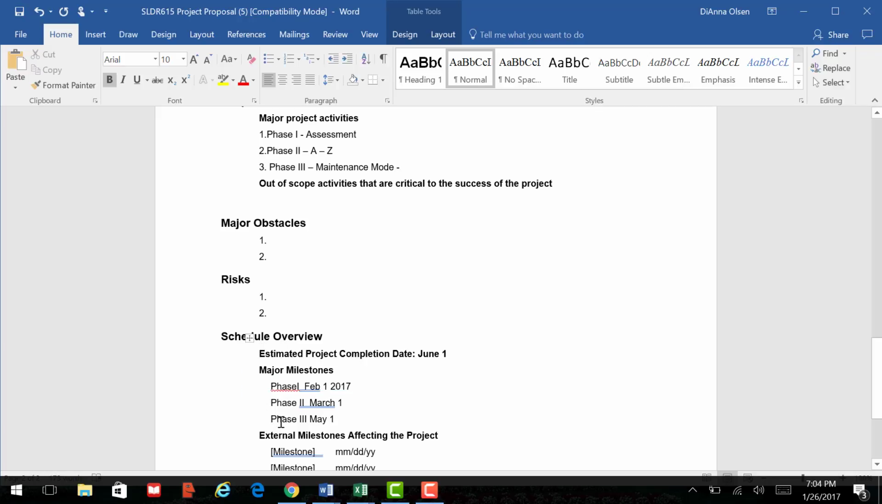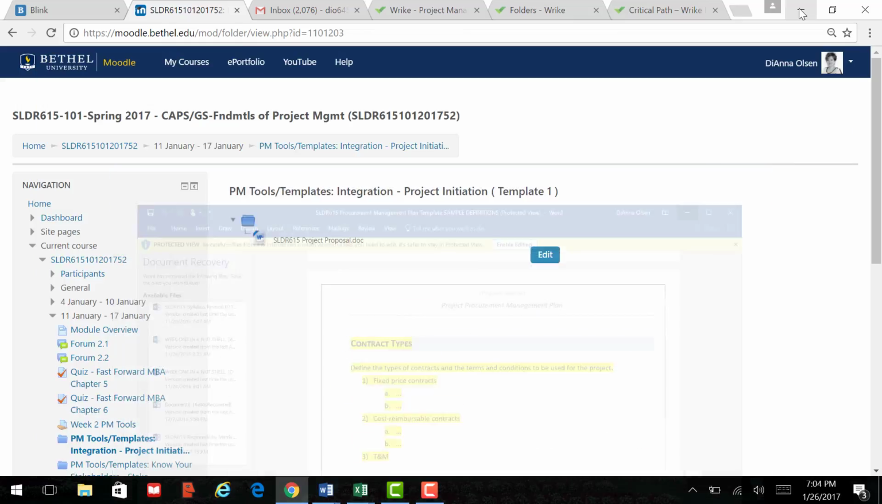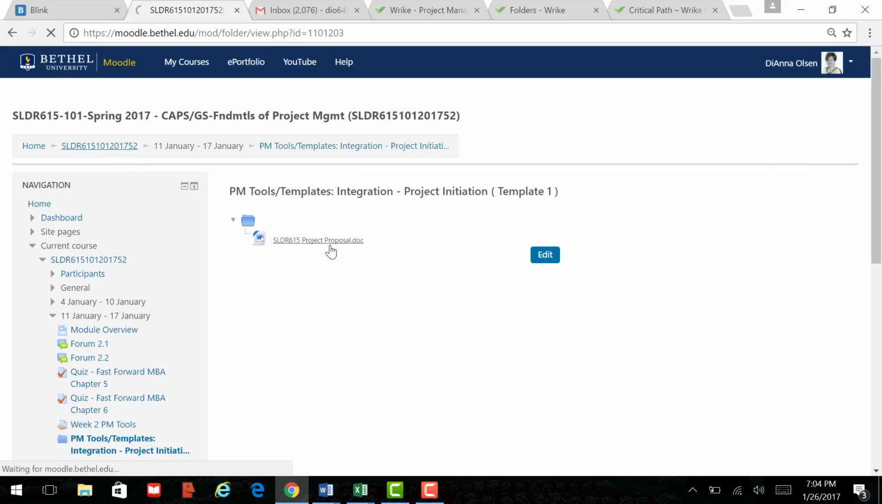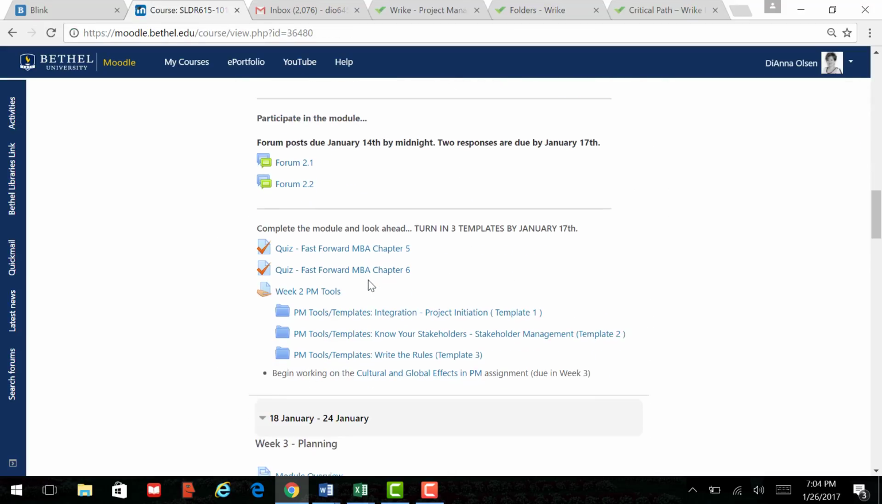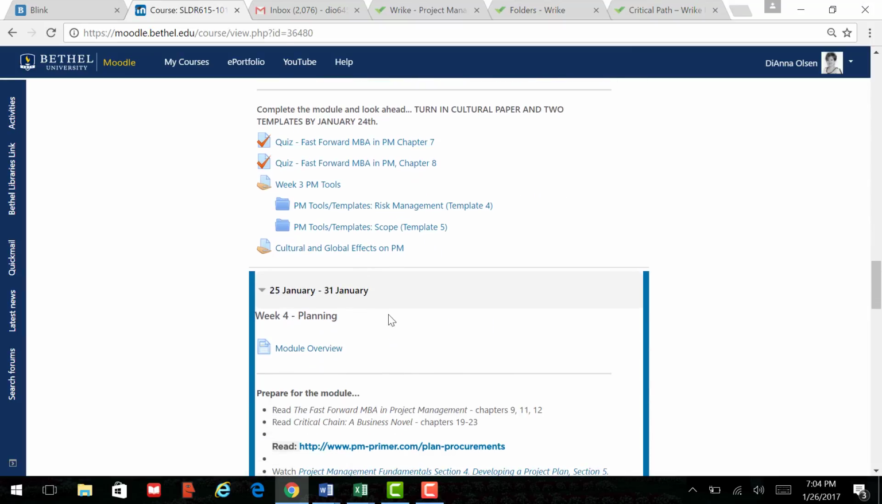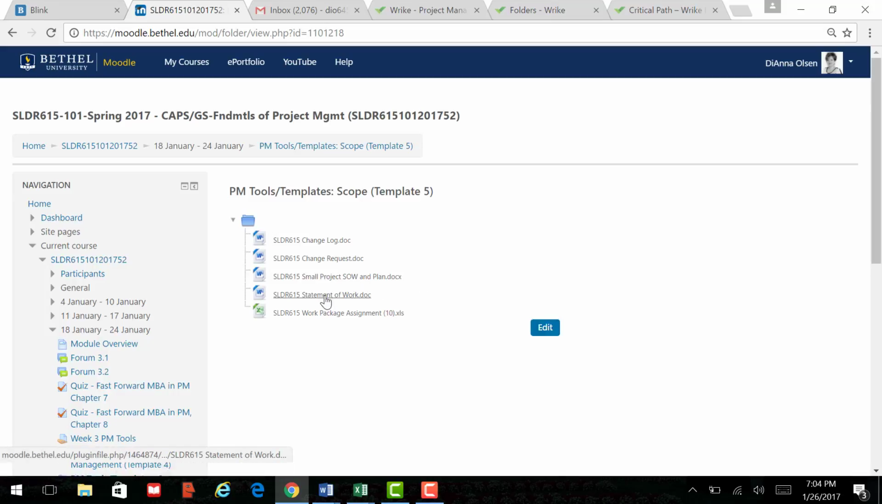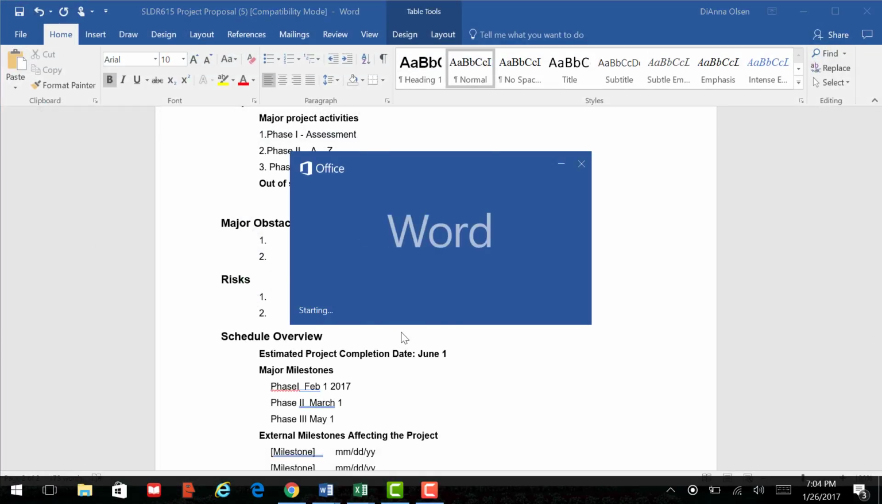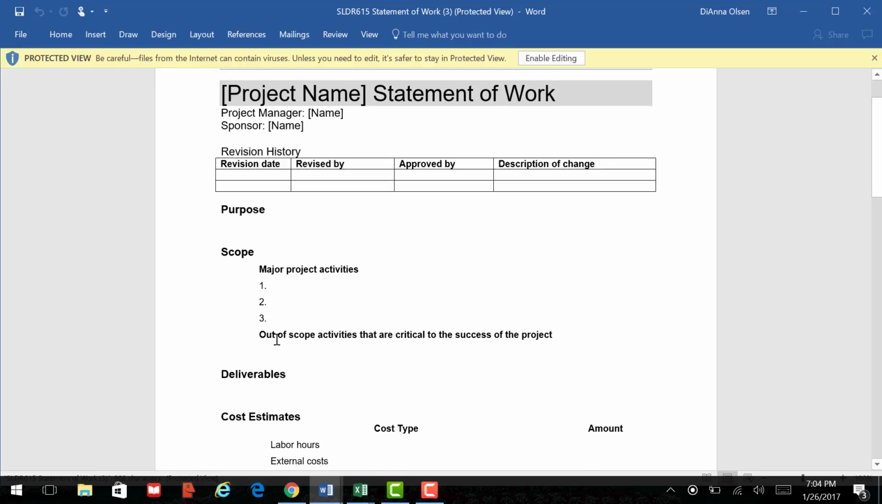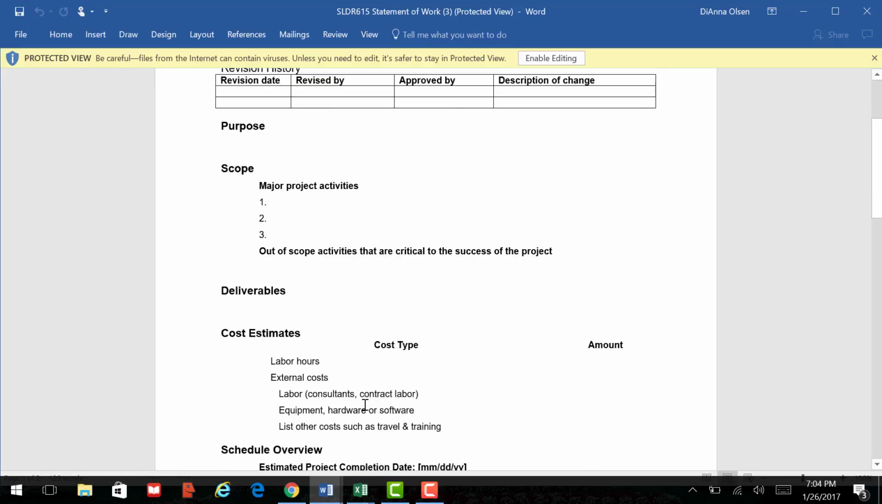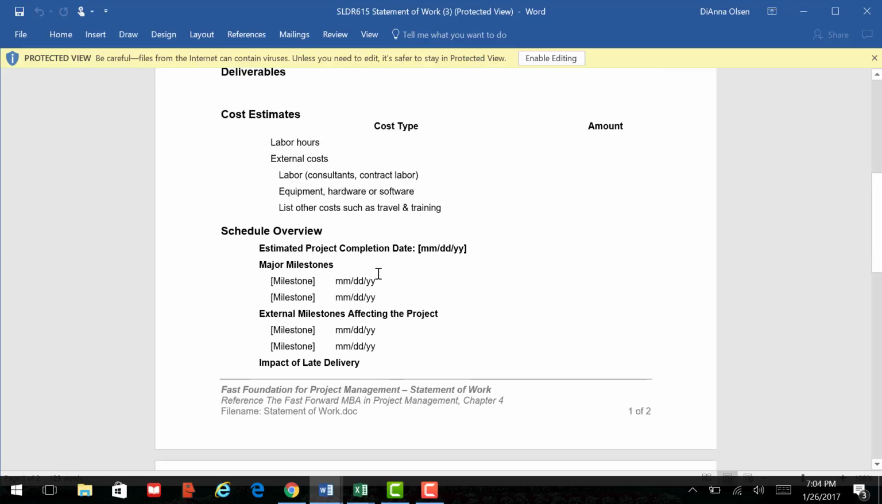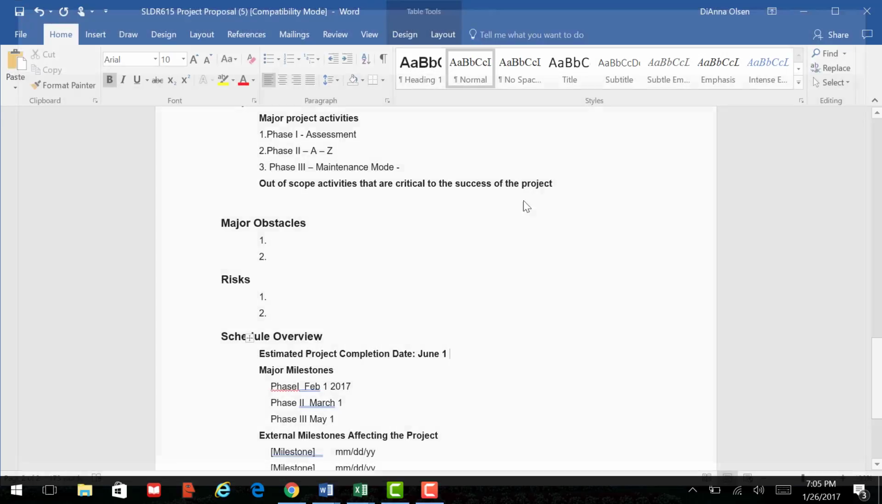Now, I really can't get to this major milestone or the major project activities without breaking out my project, although we introduce you to the project proposal first, okay? Let's come back to our PM tools in the next week. You then created your scope, which is similar to the initiation, the proposal. And you listed out again, here's my major project activities, my deliverables and costs, and here's my schedule overview. Okay, so now what we're going to do